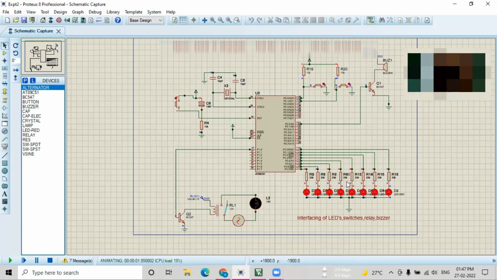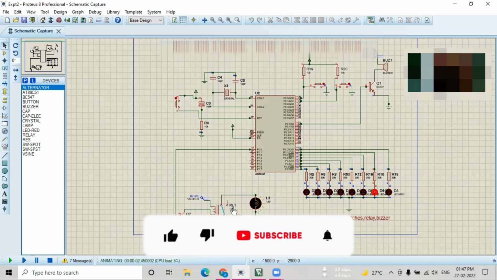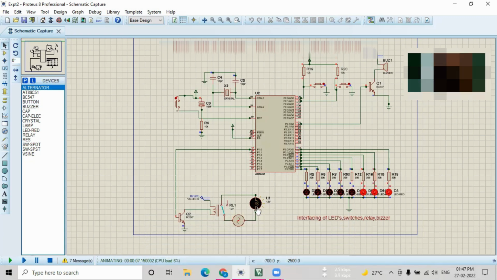So we can see our output, our LED is blinking with a 1 second delay. Then I stop it, and both the switches are open for the next subroutine. In this case our buzzer is sounding, and our relay is also connected to our lamp, and our LED is chasing